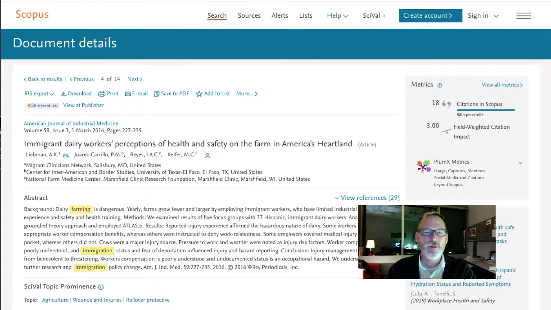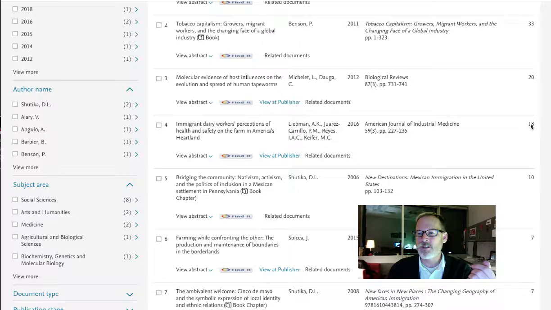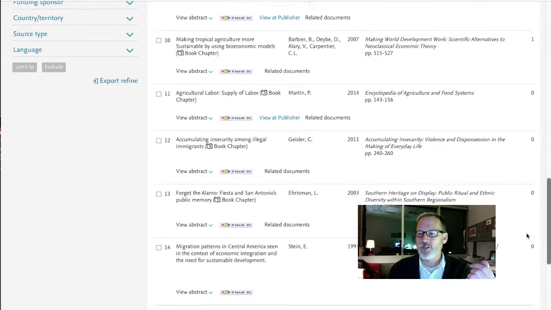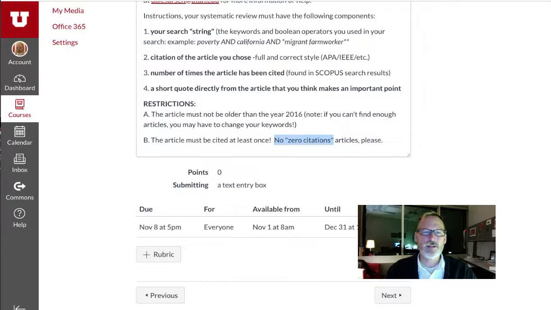So remember, you come over to Scopus, and the number of citations, or that manifestation of impact, is listed right over here. It's that number on the side. So you can't use an article that's 0. It's either too new, or it has less impact than what we're looking for. And here's the date. But again, going back to that assignment,